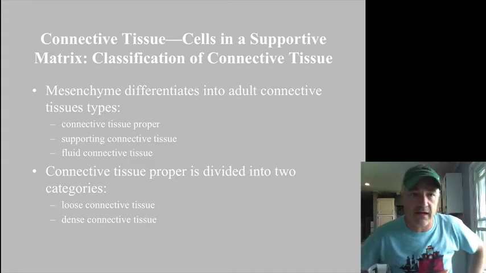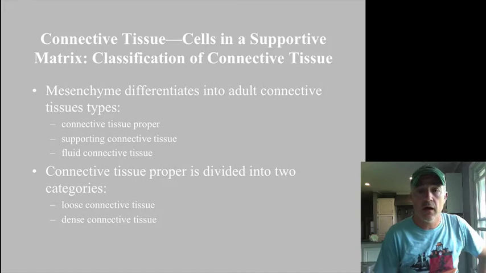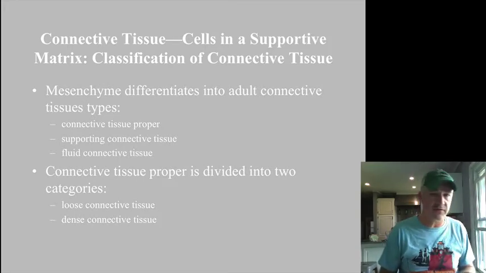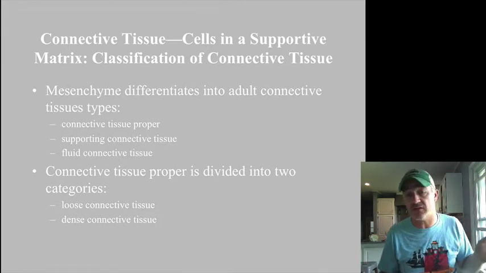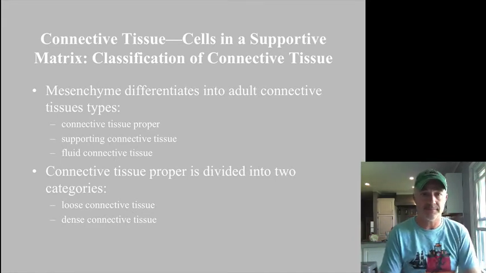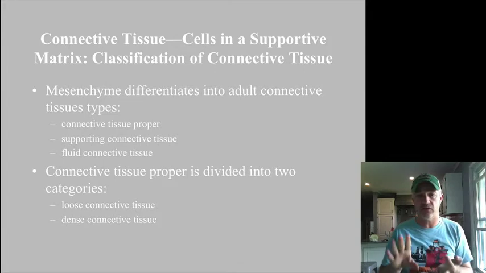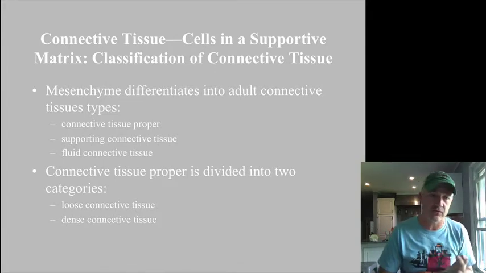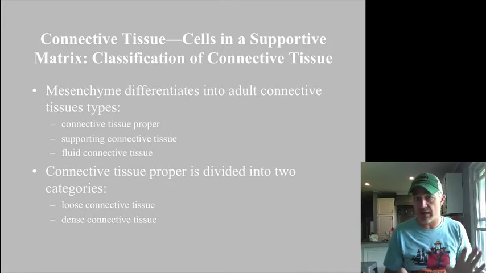What we're going to start with now is taking a look at the different types of connective tissue proper. So we were talking about some of those differentiated, non-differentiated types of connective tissue. We're going to see that mesenchymal tissue will really become all three different types that I mentioned in the first video on this one, which is connective tissue proper, the supporting connective tissue, and the fluid connective tissue. And really, we're going to start with and work through connective tissue proper in this show,